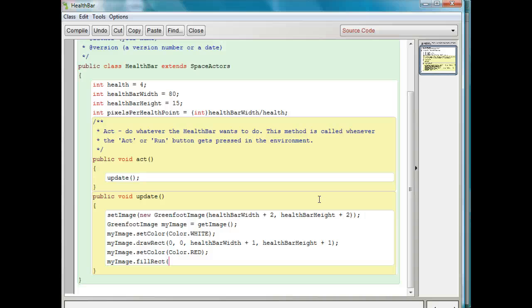So we need to start, right? So the upper left hand corner, well, we want to be inside the white part, right? We don't want to be on top of the white part. So inside the white part in the upper left hand corner is going to be 1, 1. And then the lower right hand corner, the width is going to be our health times the number of pixels per health point. So I'm going to say health times